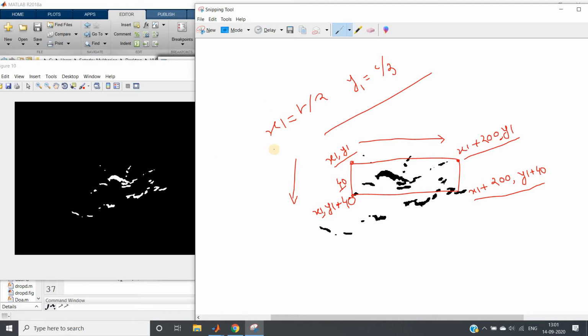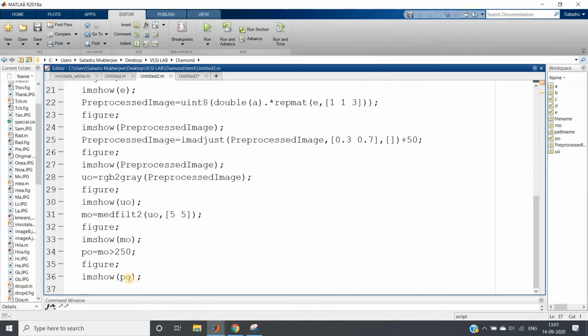I hope this coordinate system calculation is pretty much clear to you. If you are unable to get it in a single observation, just play my video again from the beginning where we started the calculation, you will understand this. So this one we are going to apply on this particular binary image. First calculating the size of my image, RCM equal to size of PO.